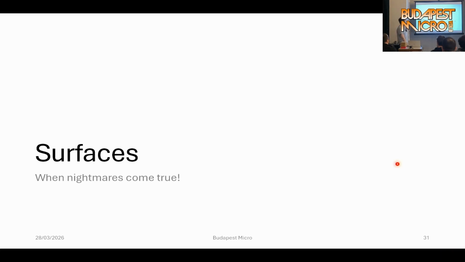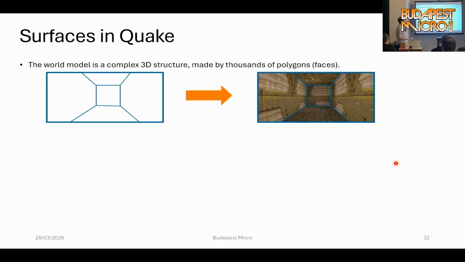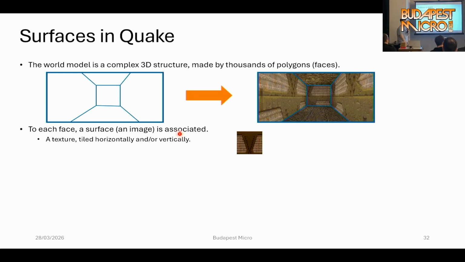And what about another nightmare? It was the surfaces. So what are surfaces in Quake? The world model is a complex 3D structure made by thousands of polygons, and each polygon is called a face. To each face, a surface is associated. And what is a surface?